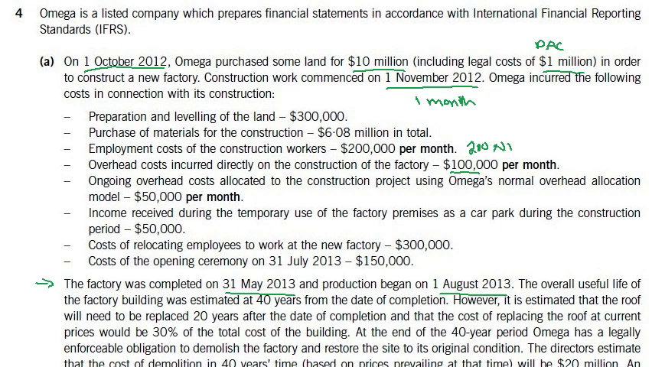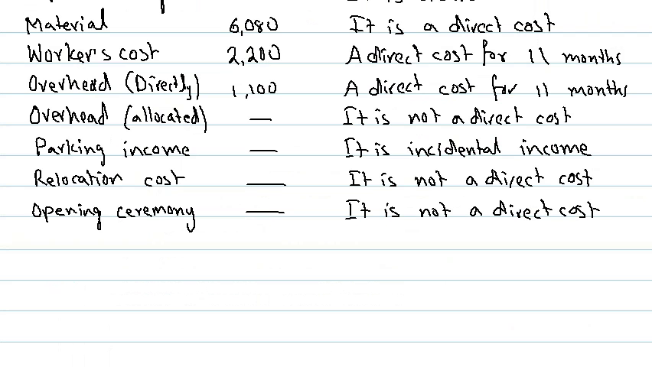Okay. So the factory was completed on 31st May 2013. So two of our costs, which are the employee costs and the overhead costs which we included, should not be counted until September the 30th, but should be counted up to 31st May, starting from 1st November when the construction started. It is 7 months, not 11 months. So we need to adjust our answer. It is for 7 months. This is also for 7 months. 700, and this would be